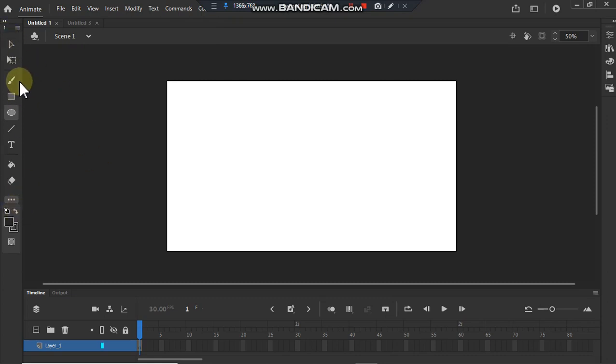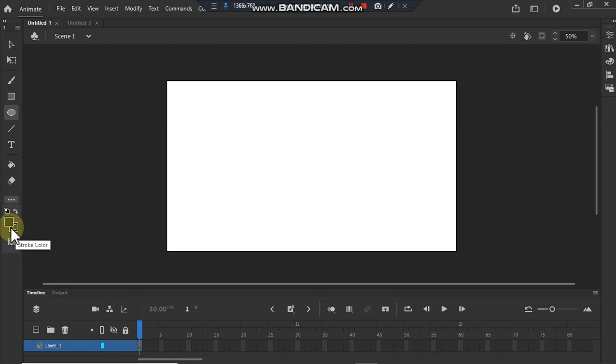This is the tool panel. It consists of various tools to draw, paint, select and modify objects in the workspace. It contains many sections. This section from here to here is called the tools section. And this is the view section and colors section.